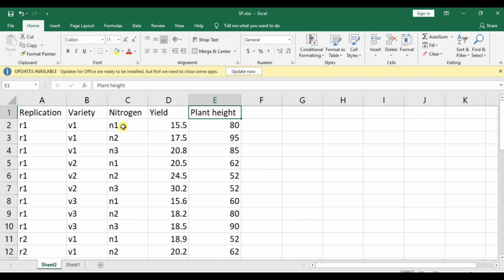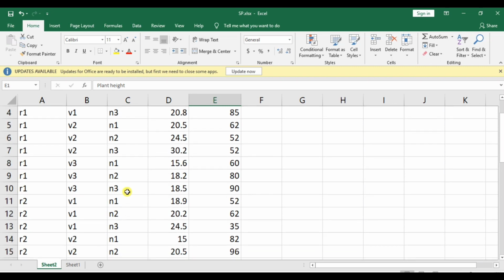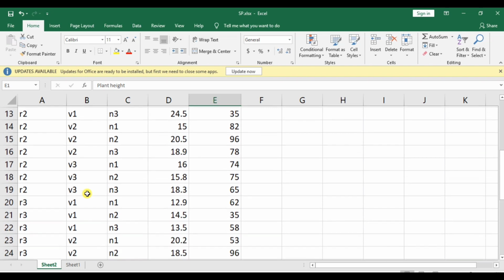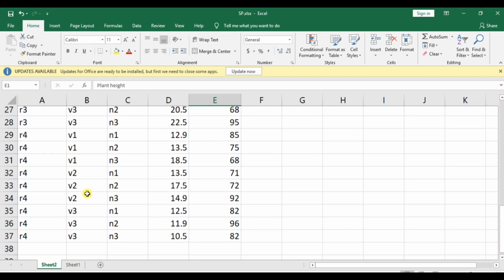Then N1 N2 N3, repeat this again 3 times because we have 3 levels in the variety, and so up to 9. This is for the first replication. Then just copy paste all this for replication 1, 4 times because we have 4 replications.